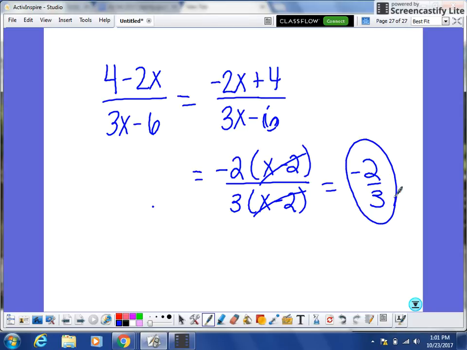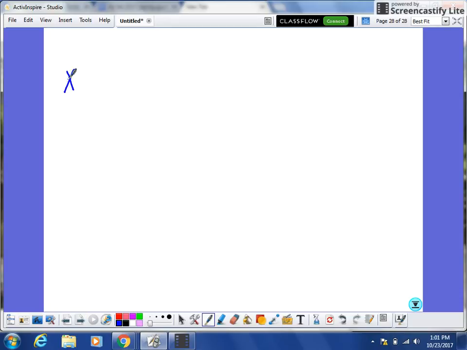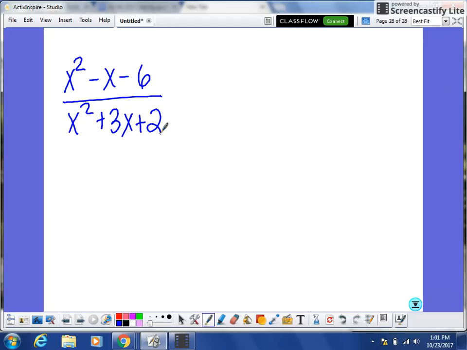Now if I flip to the back, next one I've got x squared minus x minus 6 over x squared plus 3x plus 2. If you look, we do not have a GCF. We do have a trinomial though, so we can multiply a times c. We need factors of negative 6 that add up to negative 1. So that would be 3 and 2, and we need our 3 to be the negative. So I'm going to work this off to the side, x squared minus 3x plus 2x